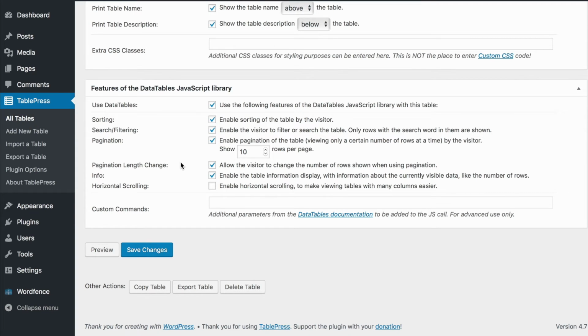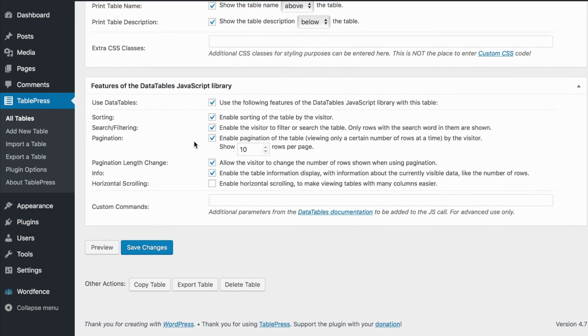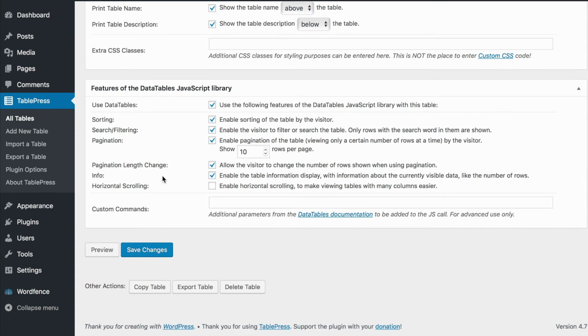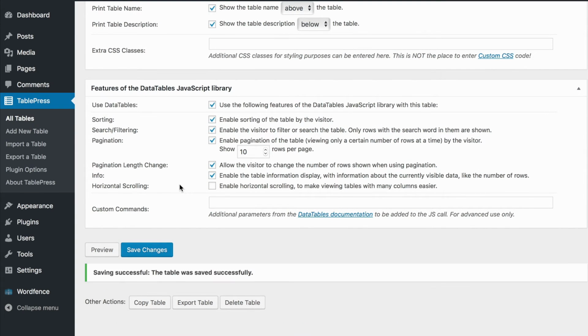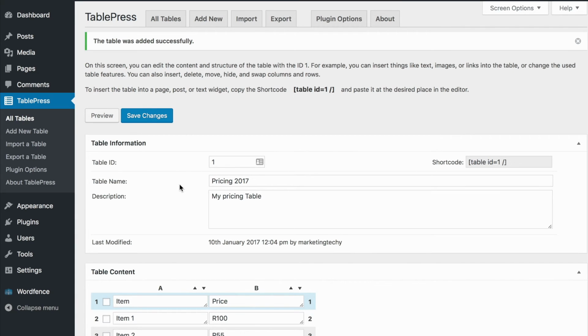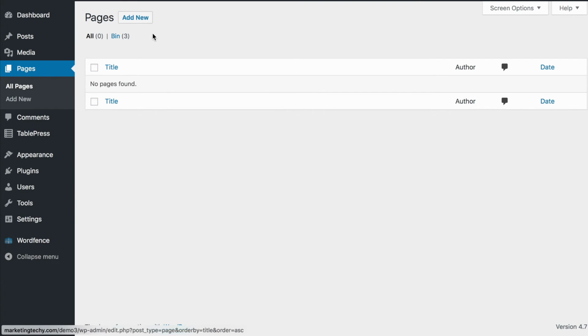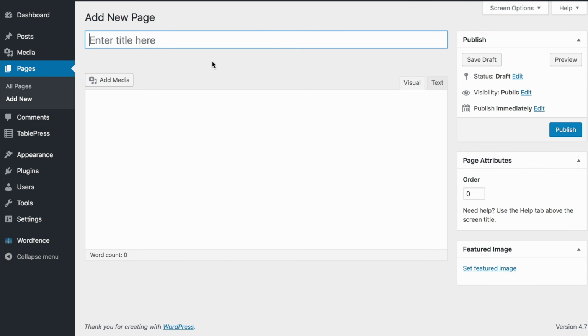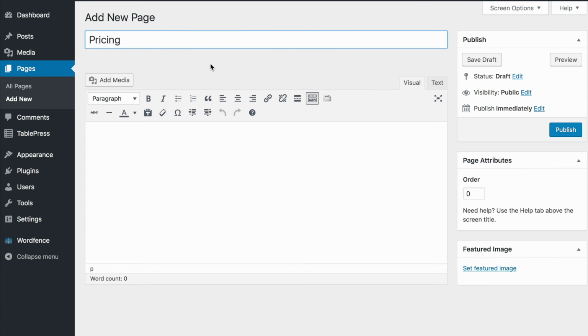There's some more features. Data table sorting. So you can allow the visitor to sort or allow the visitor to do searching or filtering if you want to. I'm just going to leave all the defaults and say save changes. Great. Now I've created this table. I will put it on a page called my pricing page. There's no pages on this site, so I'm going to go add new. I'm just going to call this pricing,